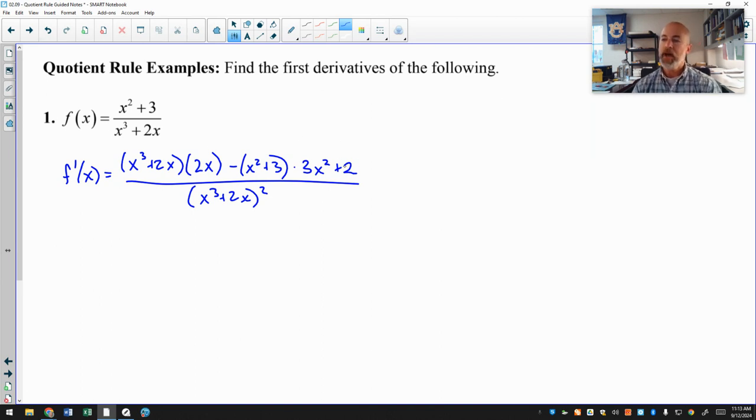However, by not putting it in parentheses, the only part of this that is being multiplied by the numerator, by the x squared plus 3, is the 3x squared. That plus 2 is outside the multiplication there. So make sure when you are doing the quotient rule